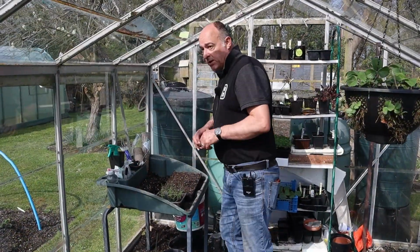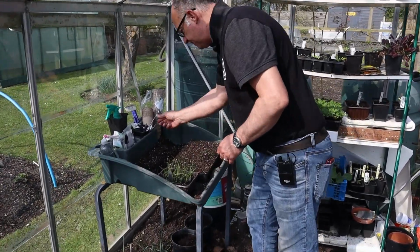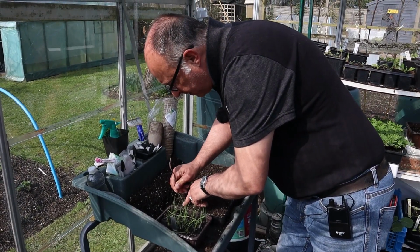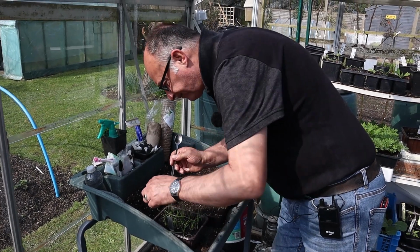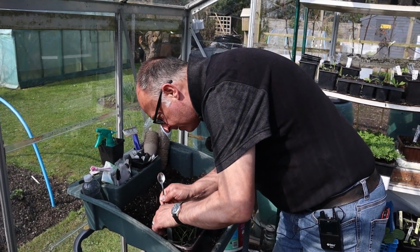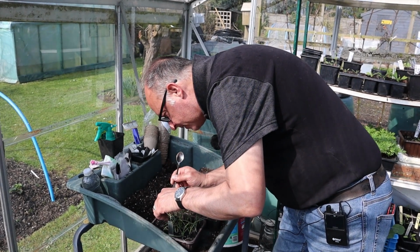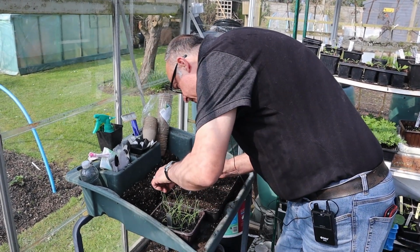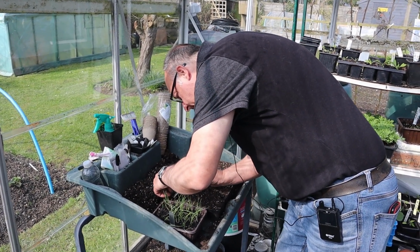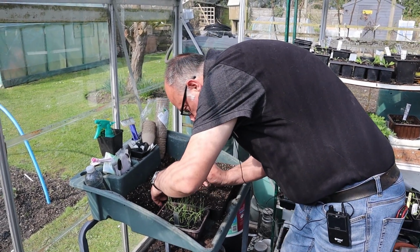Now, one thing I am going to need is my glasses. That's better. I can see them now. Now, these are, as I said, the shallots, the Zabroon, that never germinated last year, but have this year. And what I'm just trying to do is to prick those out and get those down into these cells. Now, I do need to do this singularly,